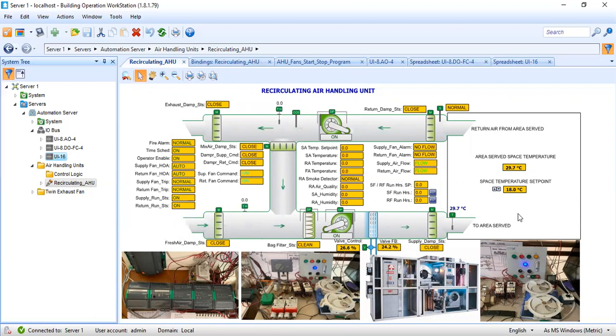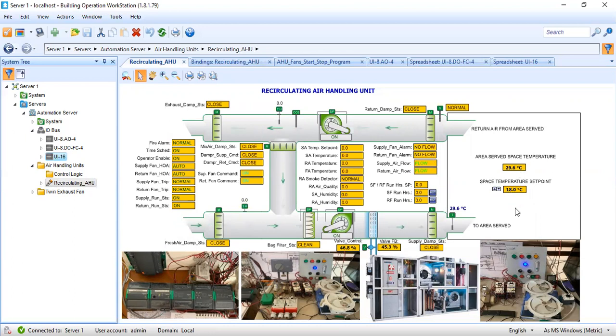Since there is no actual chilled water, this temperature will not change unless I dip this in cold water or get a cloth with ice. Then I will show you how it responds. As you can see, the valve is responding accordingly based on the set point.